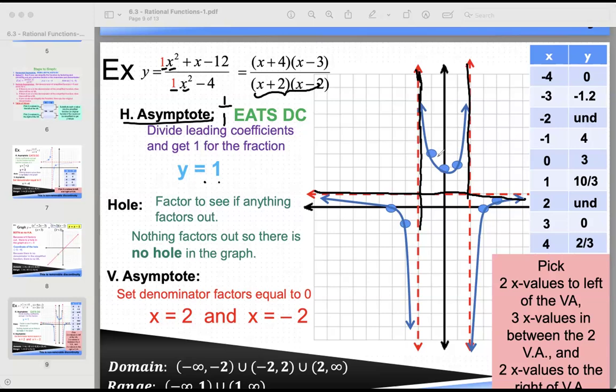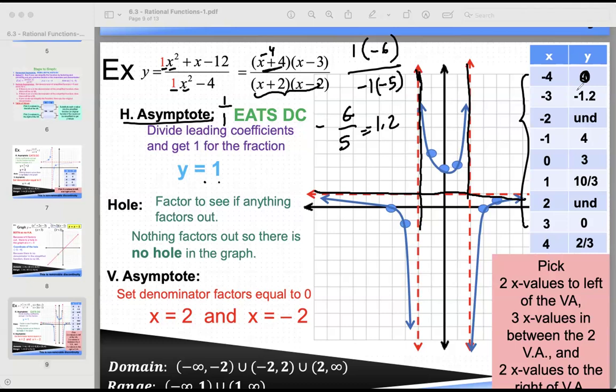Then, when I find the x values, I would just plug in whatever's in between over there? Oh, this table you're asking? Yeah, the table comes easily. Minus 4, if you put it in, automatically a 0 comes, so everything will become 0. You got it? Minus 3, if you put it in, what happens? 1 times minus 6, minus 3, right? So divide by minus 1 minus 5. So this is a negative number, 6 by 5. It's 1.2, minus 1.2. You got it?